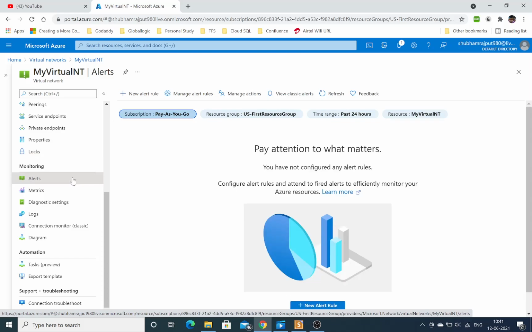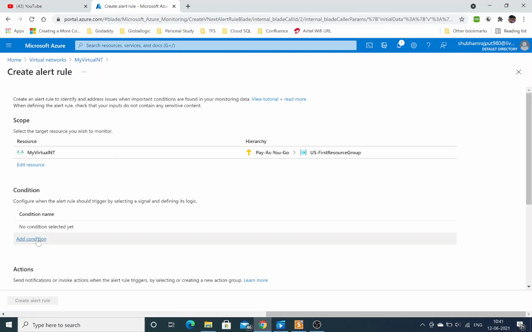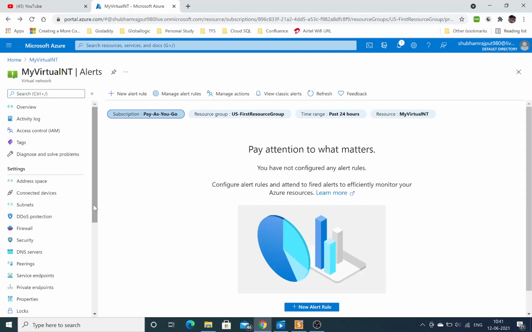Suppose someone wants to delete this or someone wants to modify the VNet or subnet, the alert will be generated and sent to the corresponding user. So you can add an alert from here. You have to provide the conditions and you can add them over here. You will provide the alert rule name and all these things.